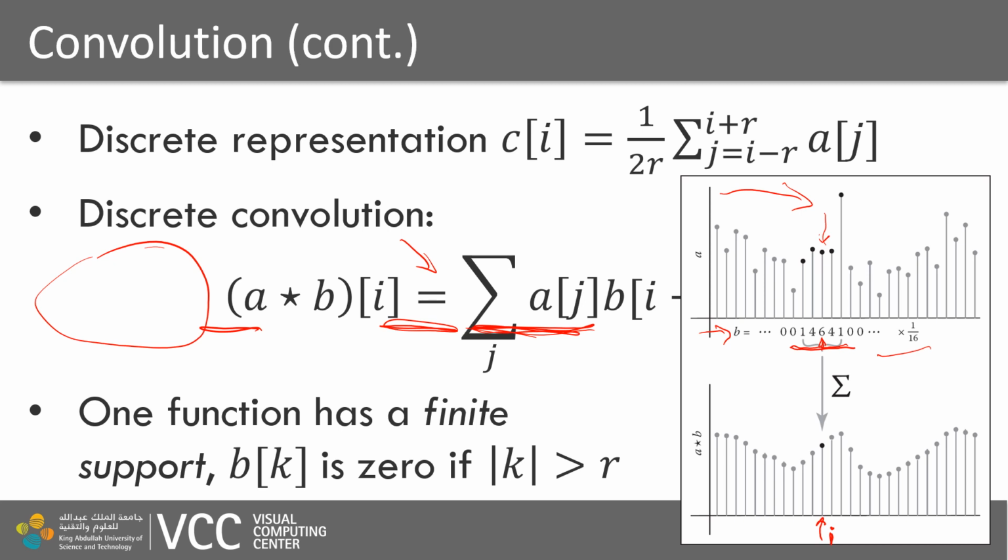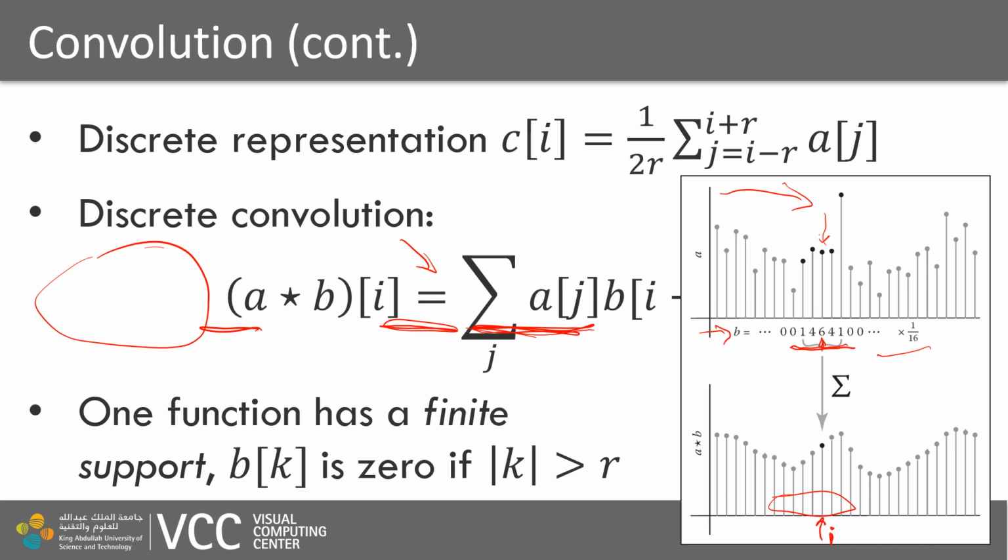So j would be going within a certain range around I, and the B, the filter, is indexed with I minus j, and this will lead to